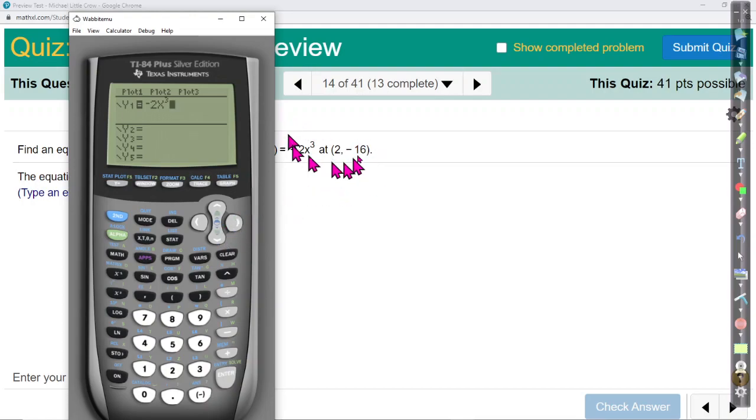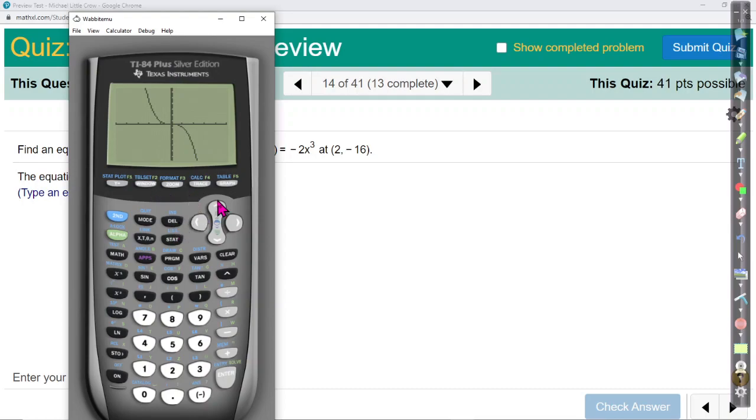So it kind of helps with our window setting. We know we want to be able to see at least down to -16, right? Let's go with -25, and I think that'll work pretty nicely. Now the x, we're only looking at x equals 2, so let's back off. Let's go to 5 and -5. This will just allow us to see it more clearly. So this is what our graph looks like when x is 2, y is -16, and they want the tangent